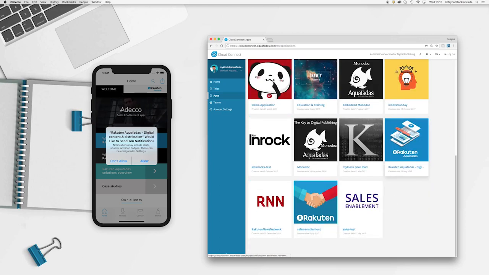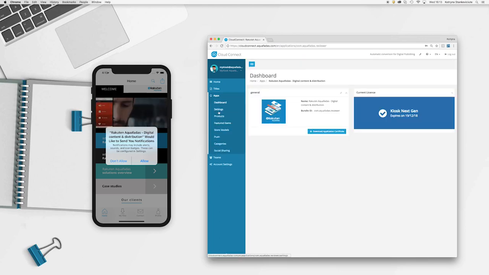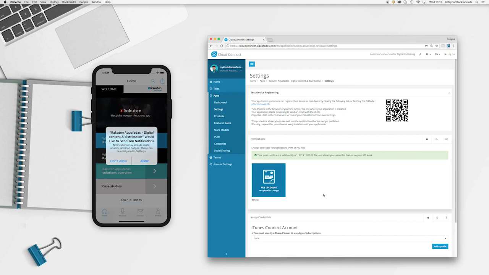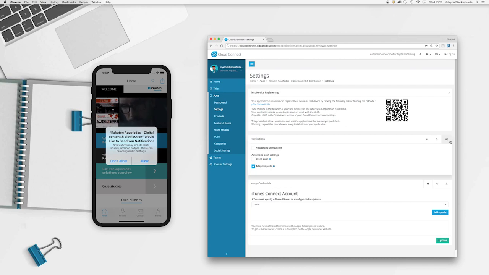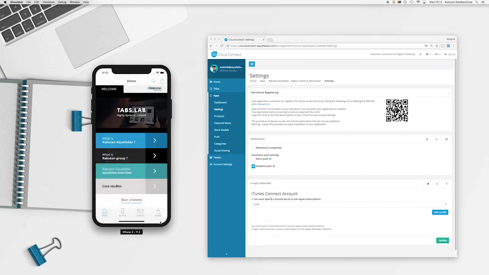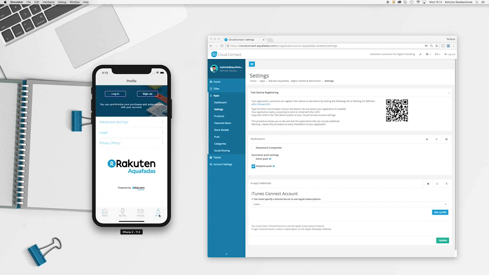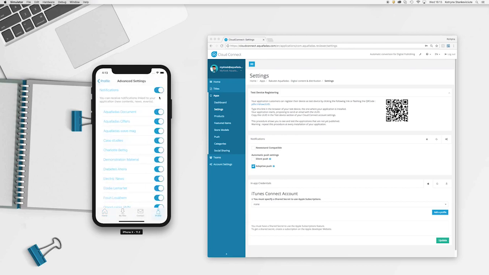We can see the app we have been using so far on the left side in our iPhone, and we are selecting in Cloud Connect on the right side the widget of this app, so that we get access to all the settings, like notifications, but also a QR code if you want to install easily on test devices, publishing licenses which are associated with it, as well as many other features like the storefront notifications we have seen before. So that was a quick overview of the settings and all the rights and user access you can manage with Cloud Connect.